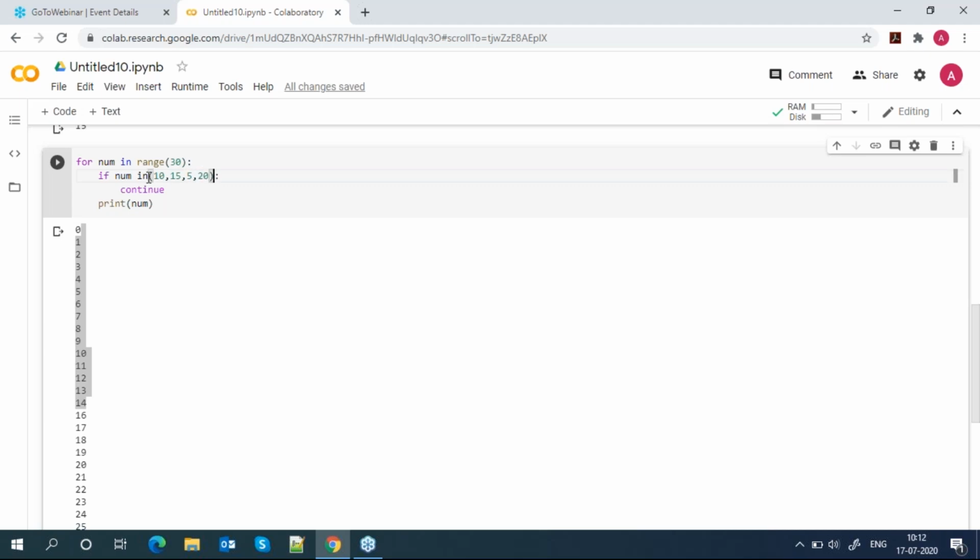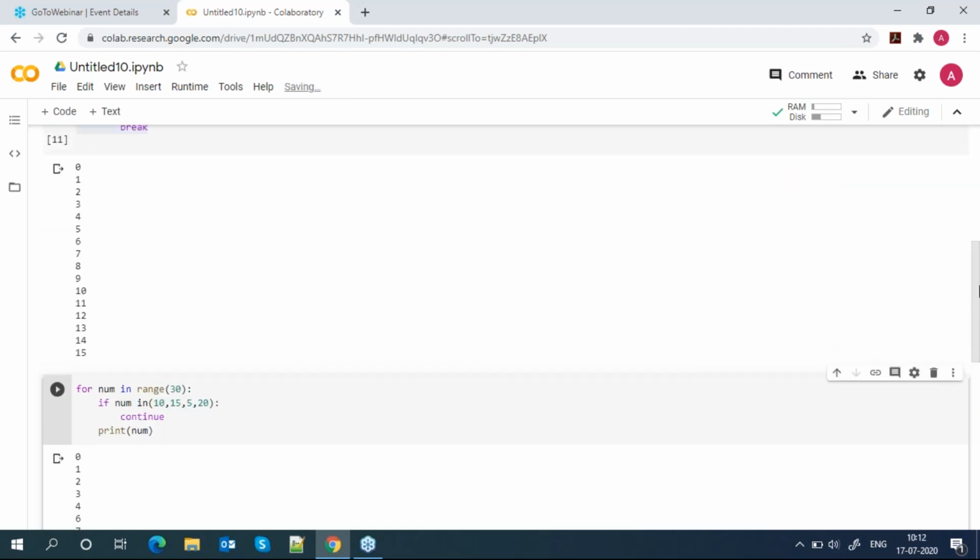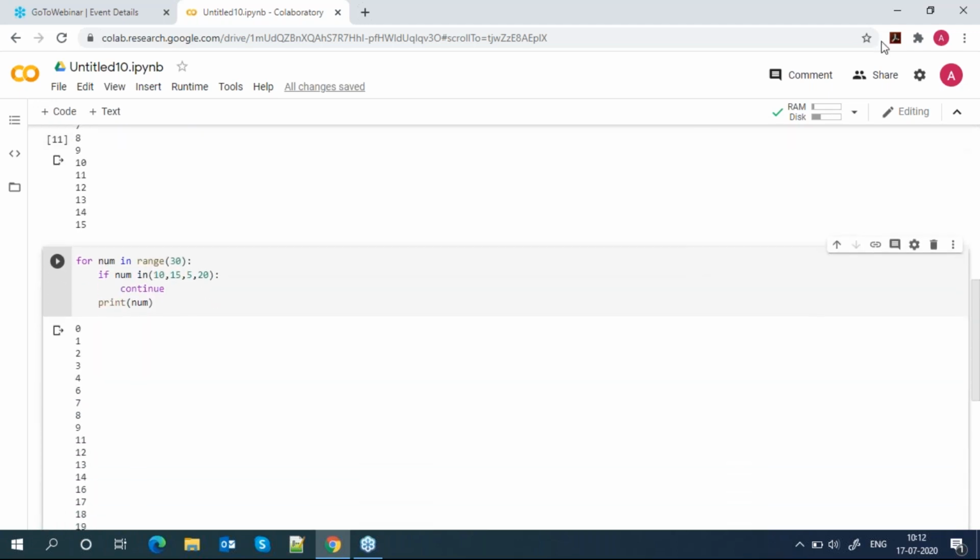You can use this in operator. You can see that 10 is skipped, 15 is skipped, 5 is also skipped, 20 is also skipped. Got it? Tejasvi, clear?